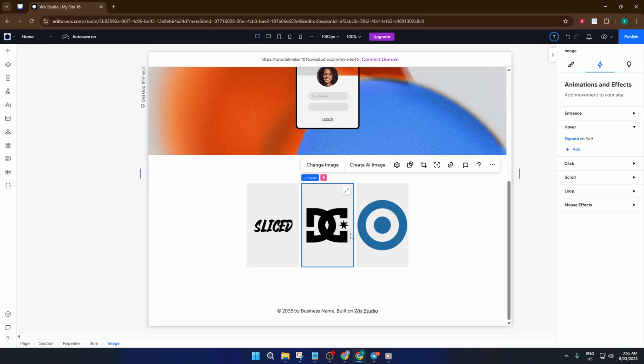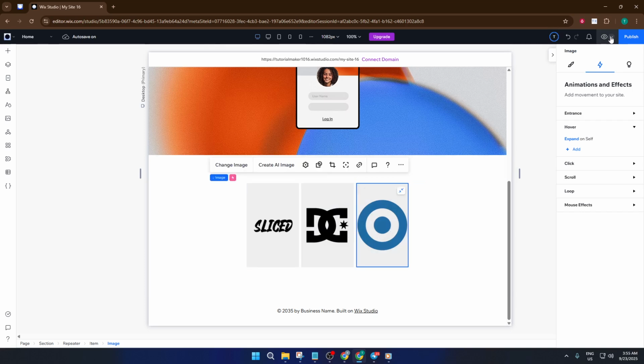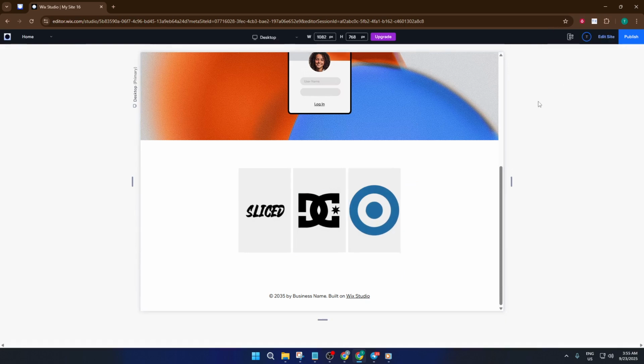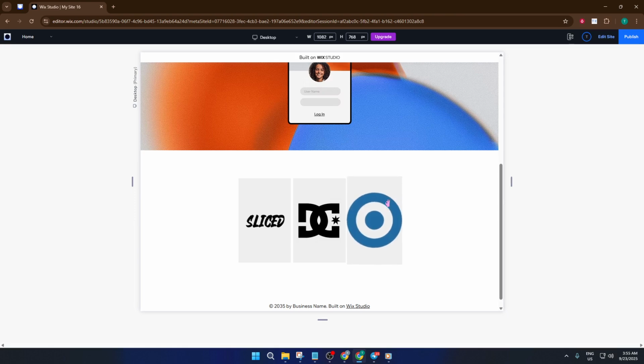That's really all there is to it. You've now set up multiple logos and columns using a repeater, custom media uploads, and eye-catching hover animations, all without needing any coding experience. If you ran into any hiccups or if you want to make this setup more advanced,